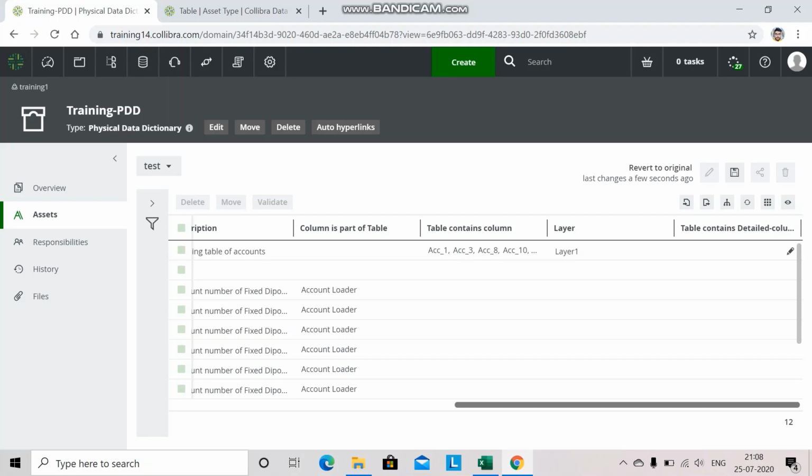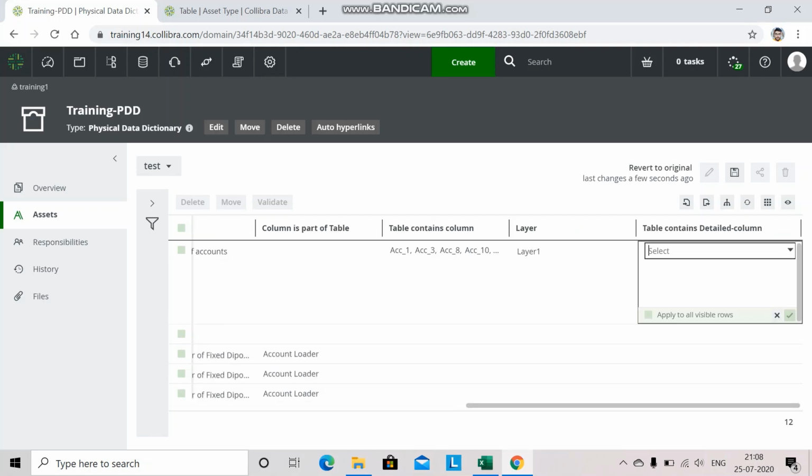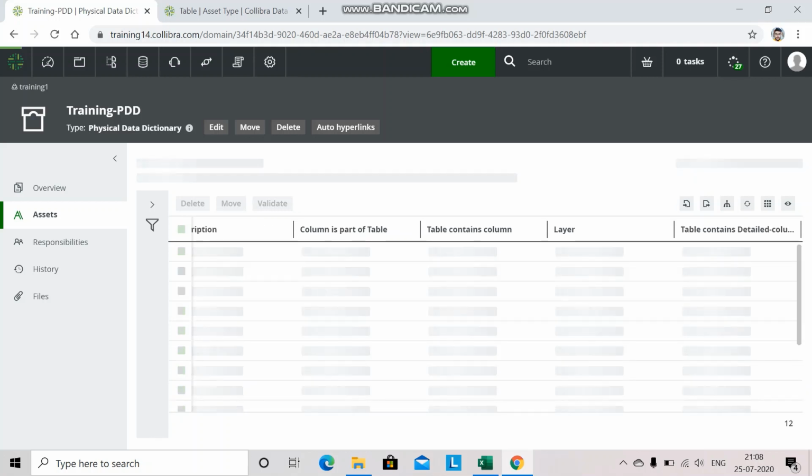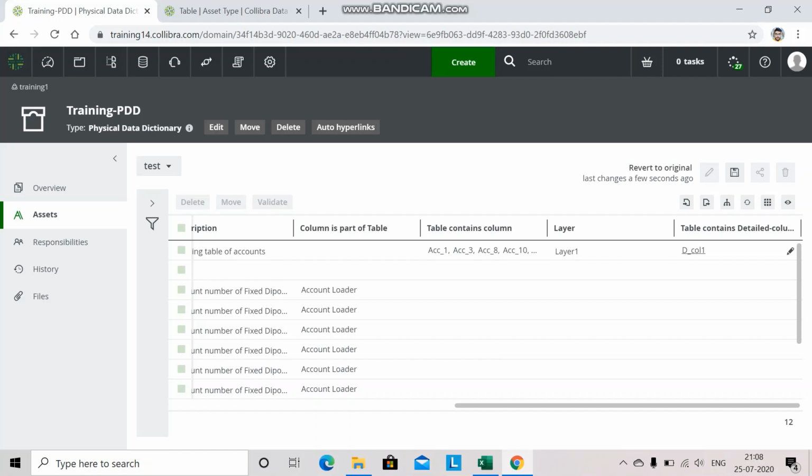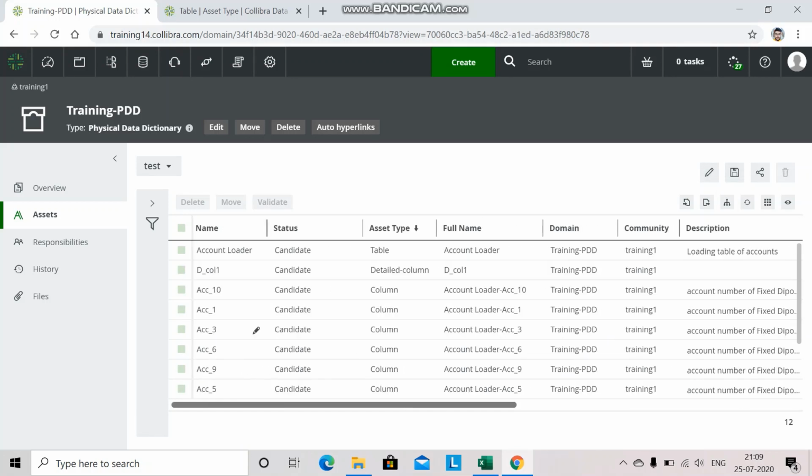Now to select a relationship, as I have shown in the second video, you just need to go here and type out the name of the particular asset. Now as we have only one detail column asset type, that is d underscore column, it is showing here as a suggestion, so you will select it and click on this tick button, and that is done. And when you save it, after saving, if you go into this particular table asset type,